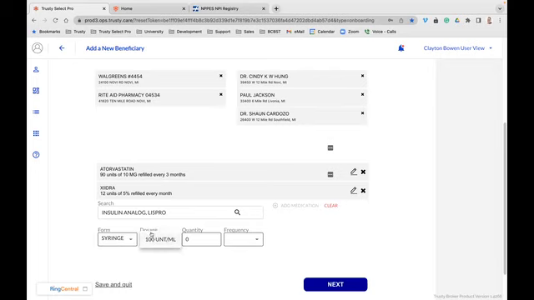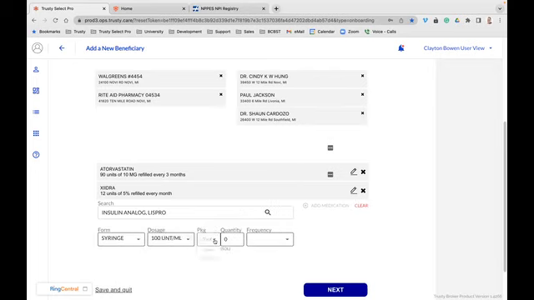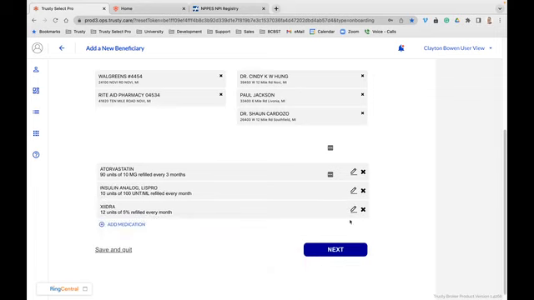Say syringe. Package, it comes in a 3 ml or a 10 ml. We'll say 1 every month. Add medication. Okay, so all of my medications are now entered, and I'm going to click next to